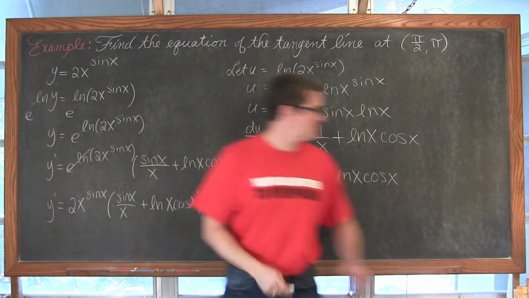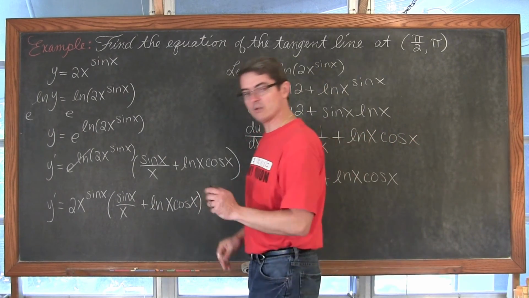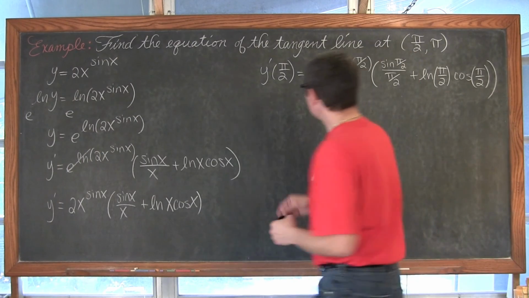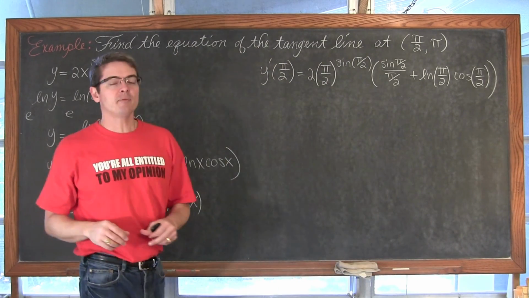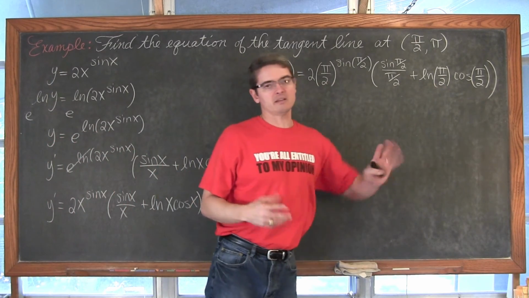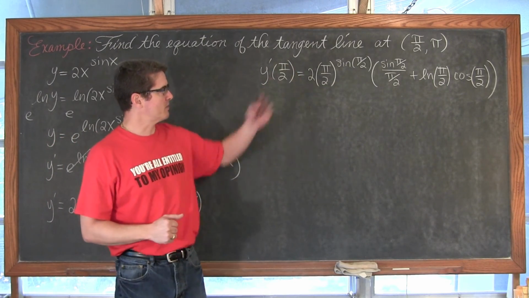But I'm running out of space, and just to clean up the video a little bit, let's pause, and let's go ahead and find that derivative at pi over 2. I'm going to clean this up in a second. It falls apart pretty easily, and the answer's not too bad to figure out, but I just went and wrote all that out.